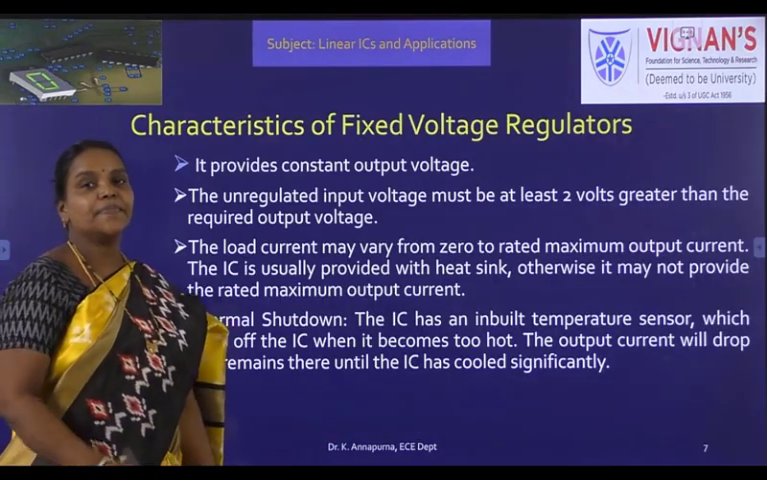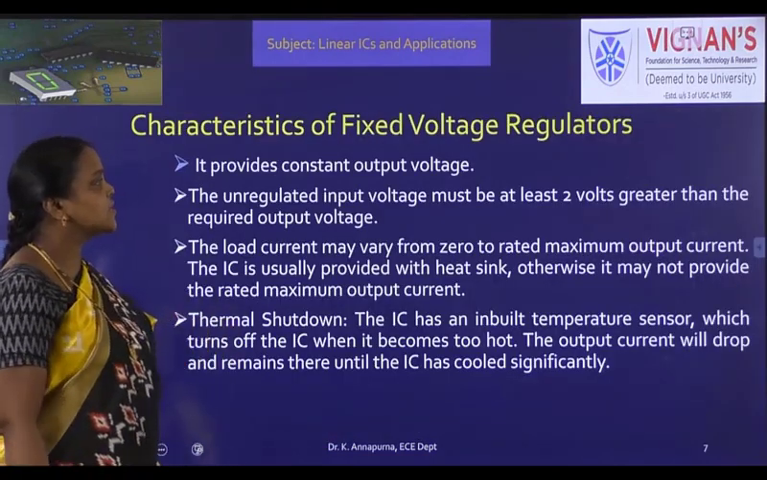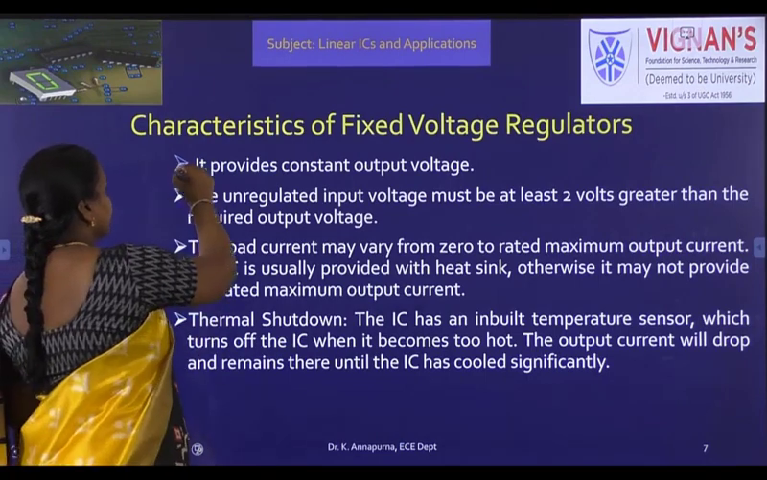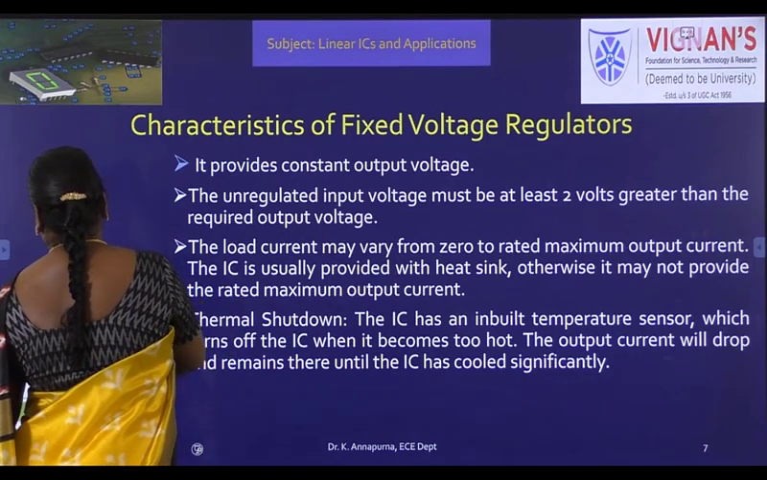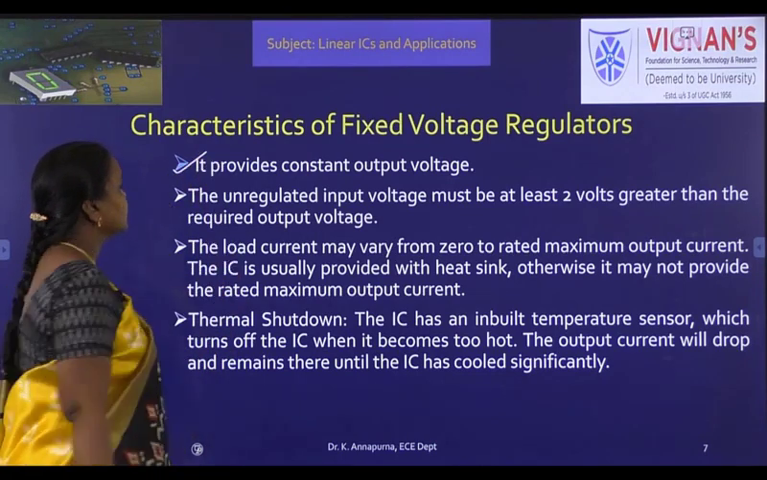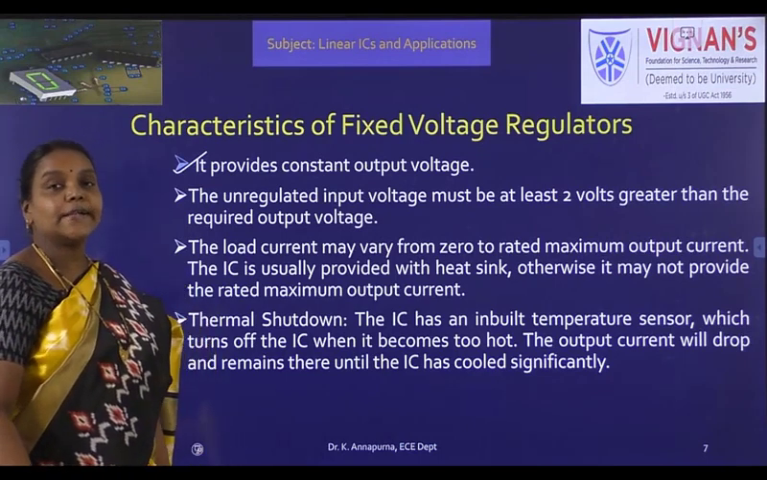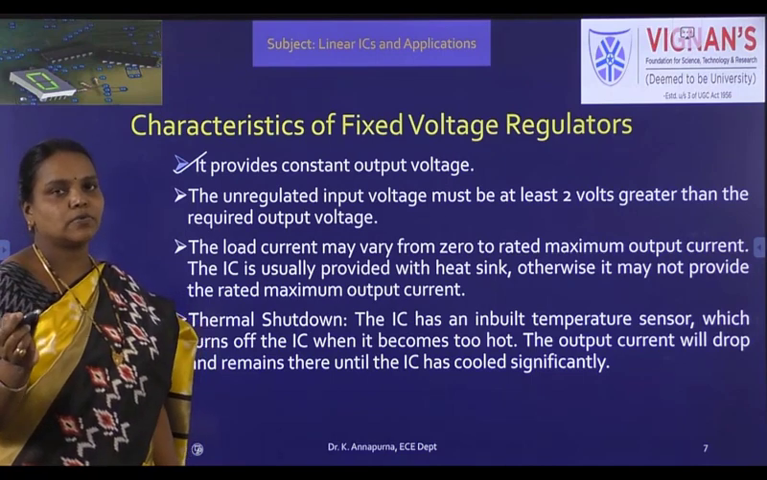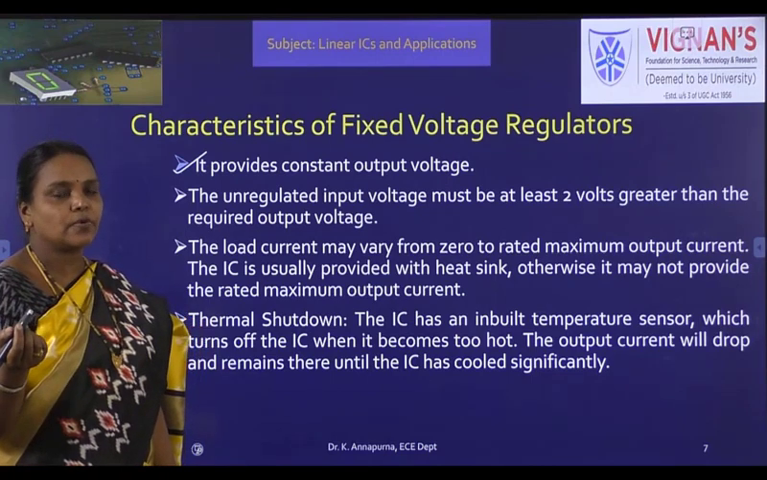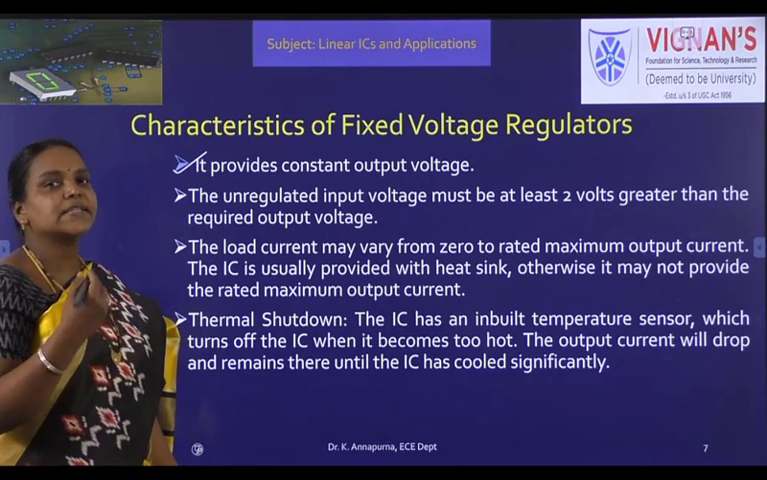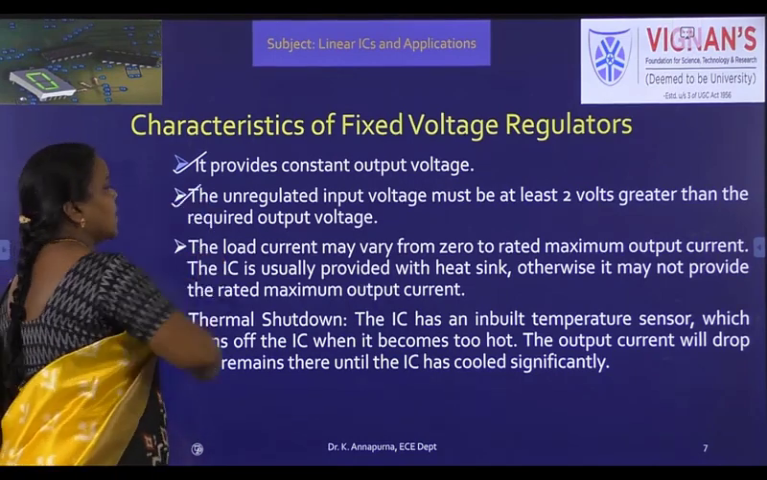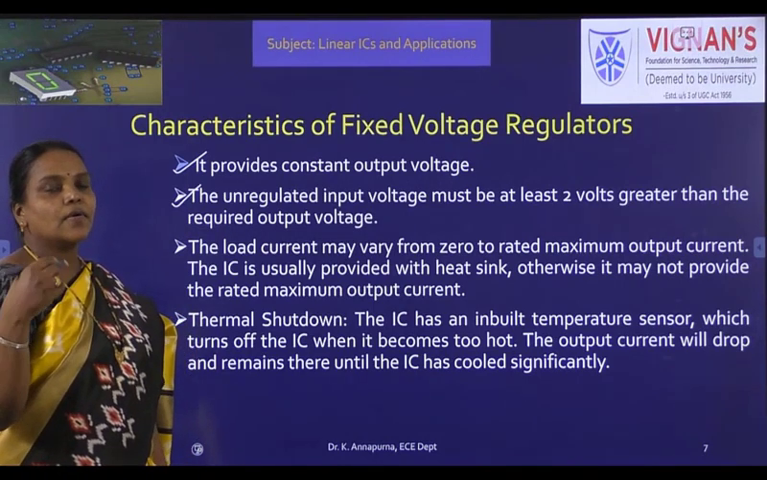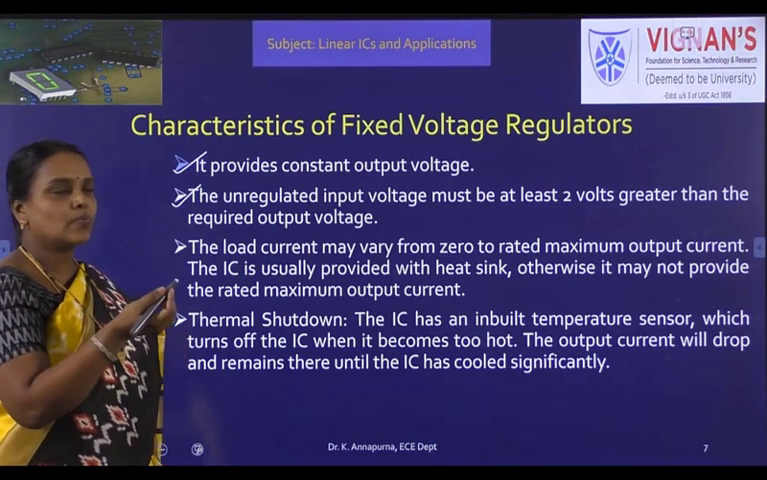Okay, now let us see the characteristics of fixed voltage regulators. So it provides us constant output voltage. The unregulated input voltage must be at least 2 volts greater than the required regulated output. Suppose we are interested in 5 volts output, means we have to give at least 7 volts input. And next, the current may vary from 0 to IL max, and we use heat sinks to overcome the problem